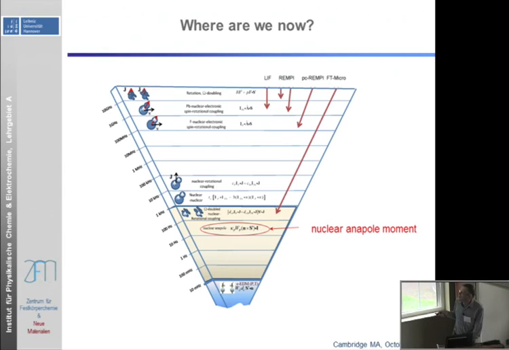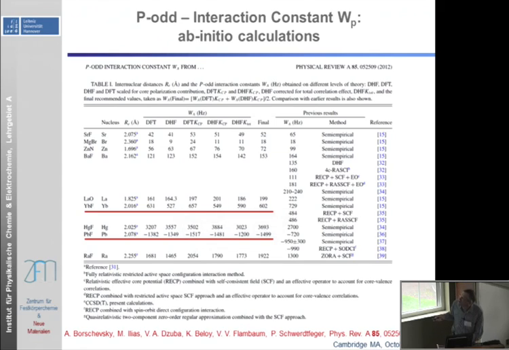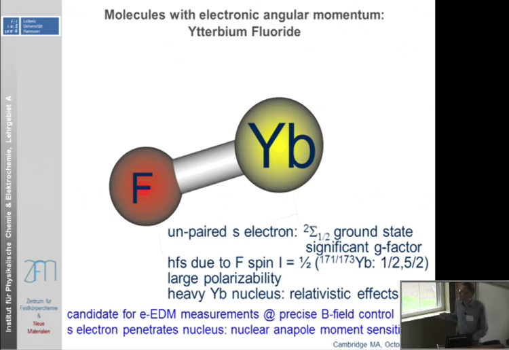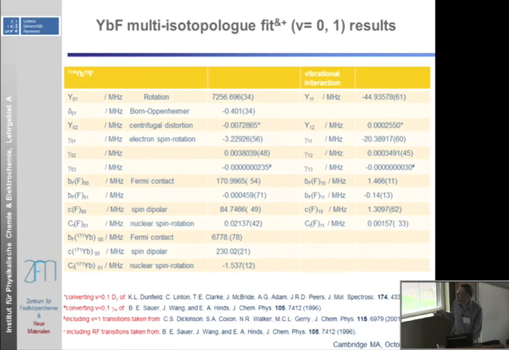But of course, since this has something to do with the nucleus, you want something with electron density near the nucleus. So PbF might not be the best molecule, because it has a pi state. So you look at something which is in a sigma state, which, for example, is the terbium fluoride that we recently measured and are still measuring. It also has an unpaired electron, but in a sigma state. And we're hoping to see this anapole moment, or at least get a better upper limit value.